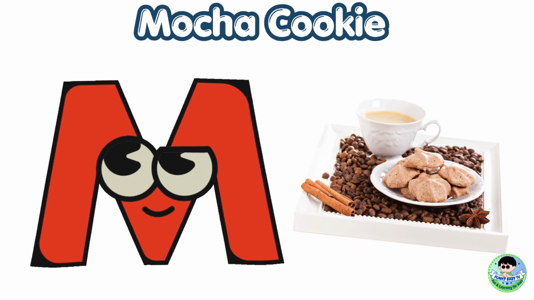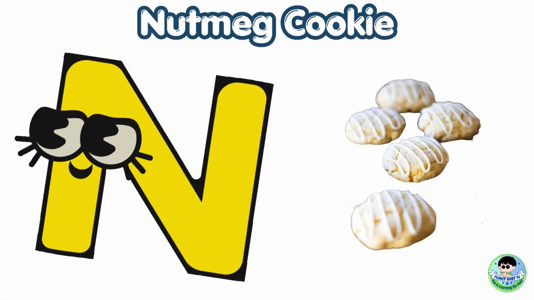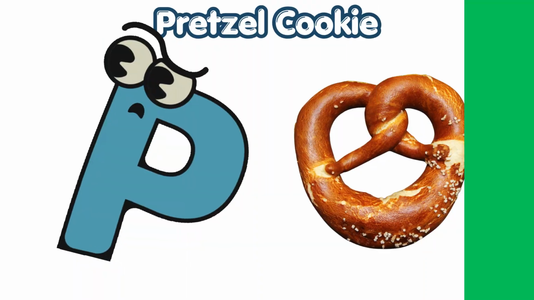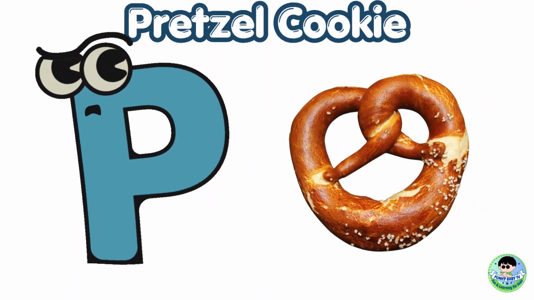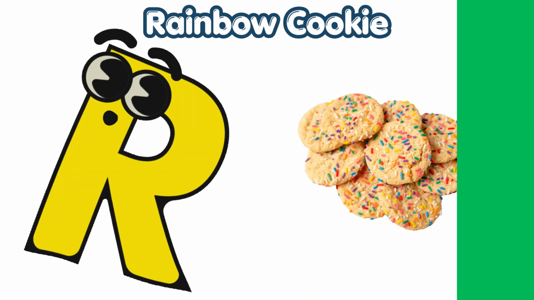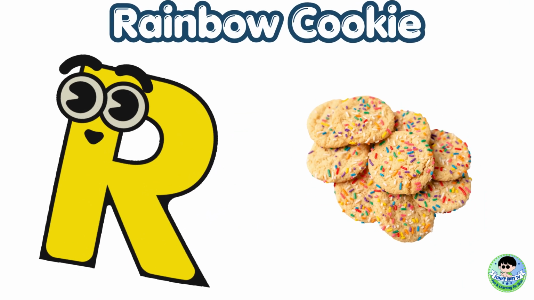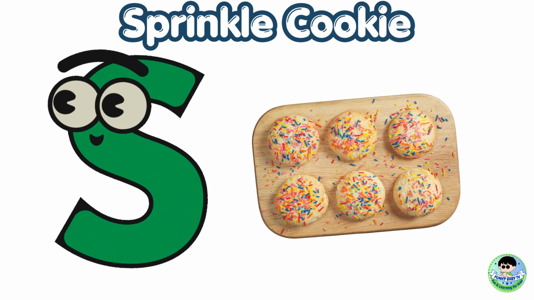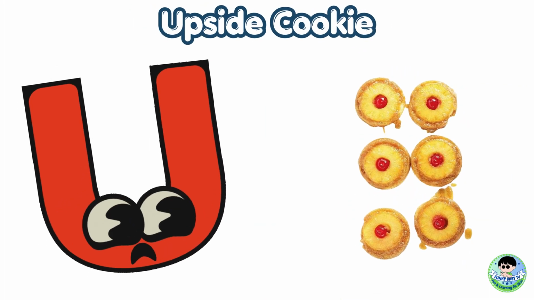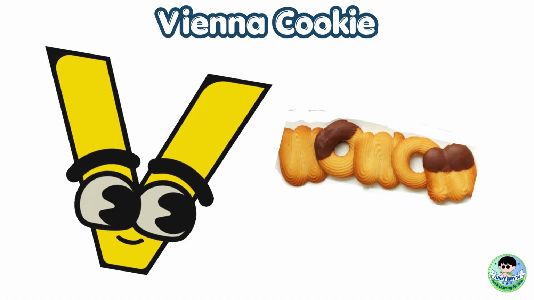M for mocha cookie, N for nutmeg cookie, O for Oreo cookie, P for pretzel cookie, Q for quick cookie, R for rainbow cookie, S for sprinkle cookie, T for teddy cookie, U for upside cookie, V for Vienna cookie,